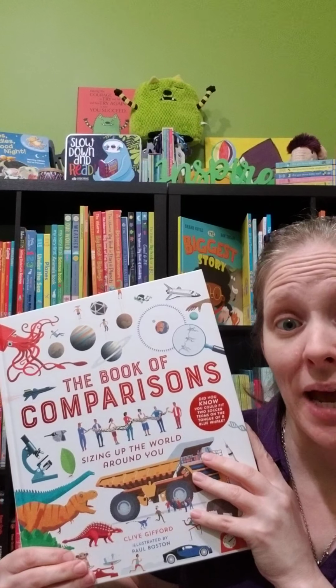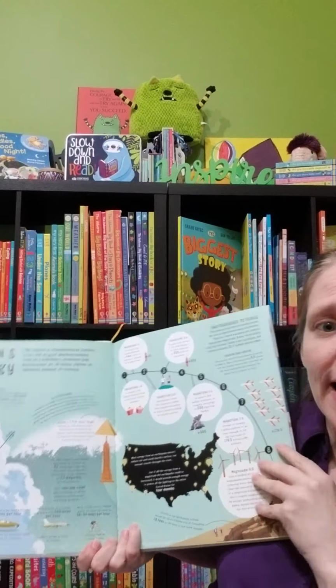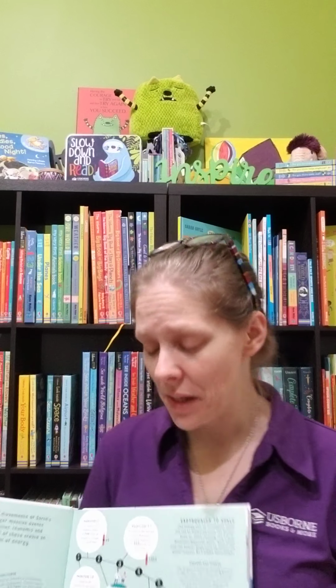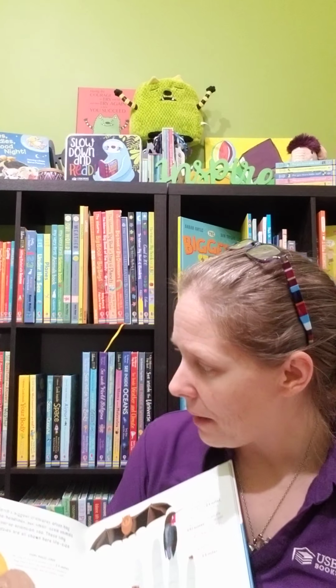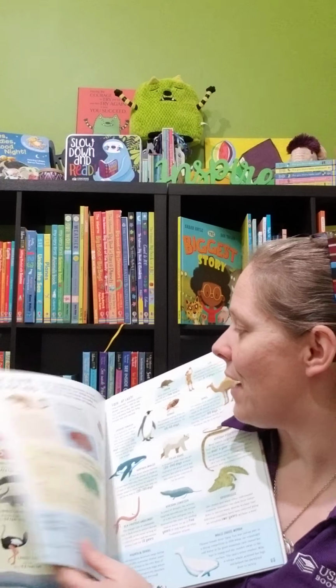Another book that I found for 7 and up that really does explore some great educational topics, but really appeals to those all boy types. And that is the Book of Comparisons. This book is phenomenal in that it takes, at around the age of 7, between 7 and 8, kids are starting to stop comparing themselves to the world around them and starting comparing different items. So like the planets and how they compare to each other, or miniature marvels, those animals that are tiny, survival, how they survive,